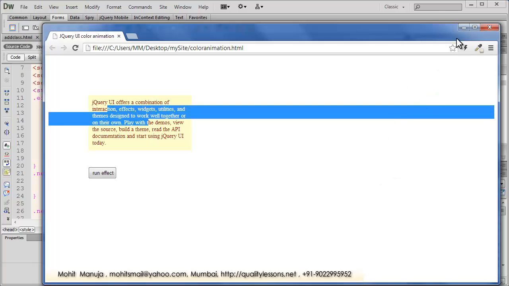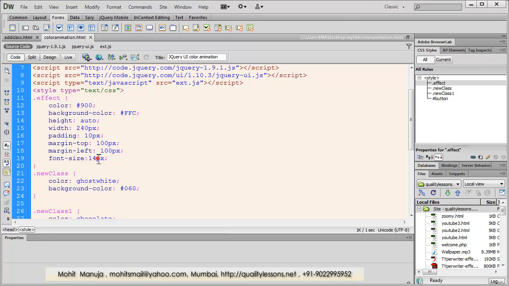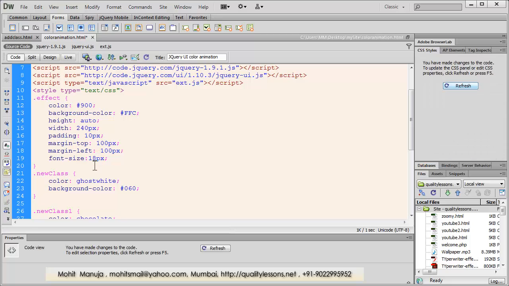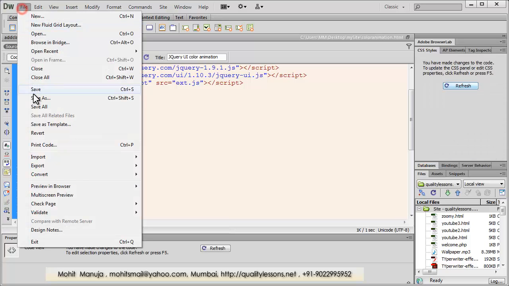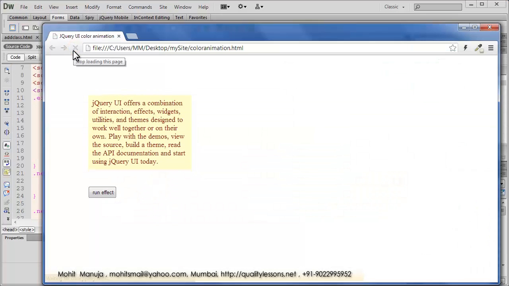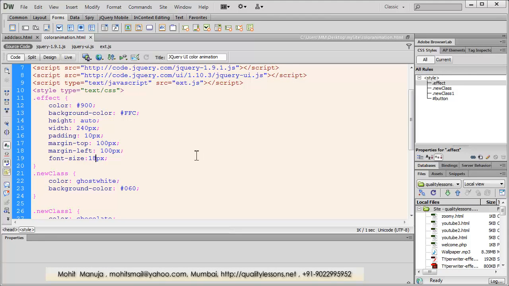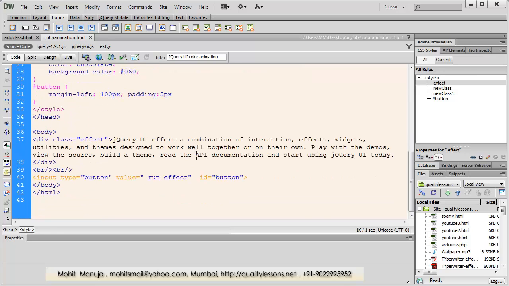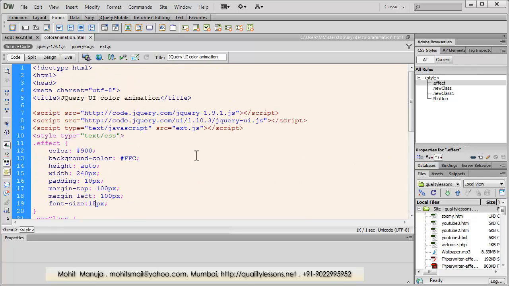How has the font actually shrunk? Let me just increase it further. Let's go with 18. Okay, file, save, bring up the browser. Let's refresh. Yes, I think I'll go with this size. Not at all bad. Okay, very cool. Next up, people, I think everything that needed to be done with the HTML document has actually been accomplished,